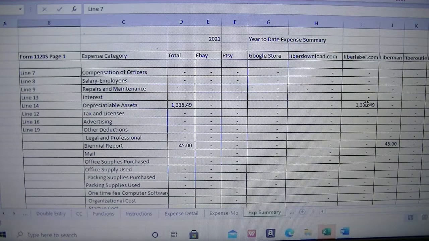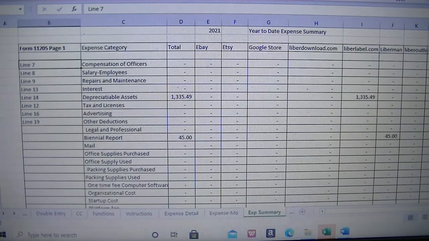So it could be useful, and that's why that has been taken into consideration when using the summary as well, because when you are filing Form 1120S line 29, other deduction has to be supported with a document. So it's very good to have